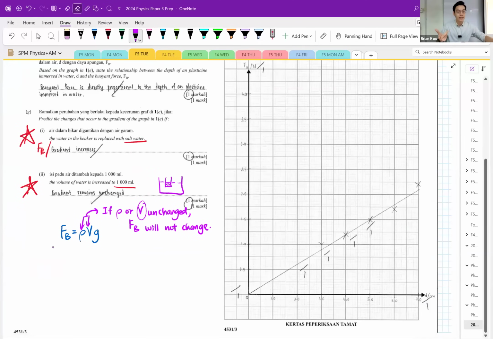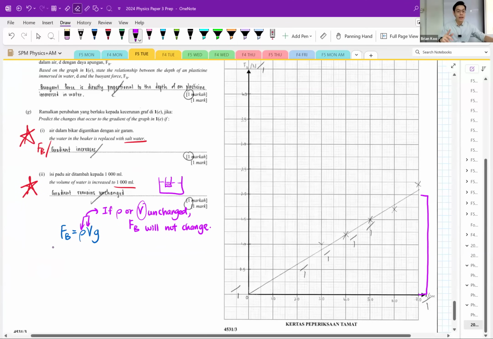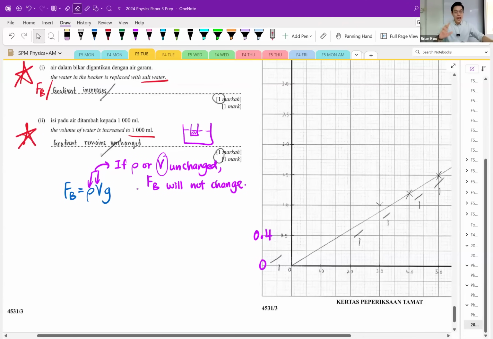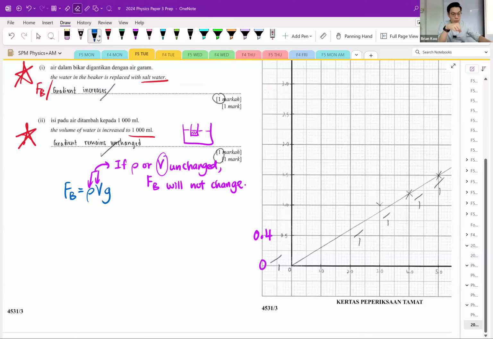Okay, lastly, you look at this graph. Even though it looks quite small, this is the best this student could do because the graph is a bit more than 50%. 50% is here, and this is already a bit more than 50%, so good enough. It's okay. Because this value is 2 point something, if you change the scale, can I use a scale of 0.4 per box? What do you think? Not recommended. If you try to divide 0.4 by 10 and it gives you a very weird reading for that one small box, then don't use it.